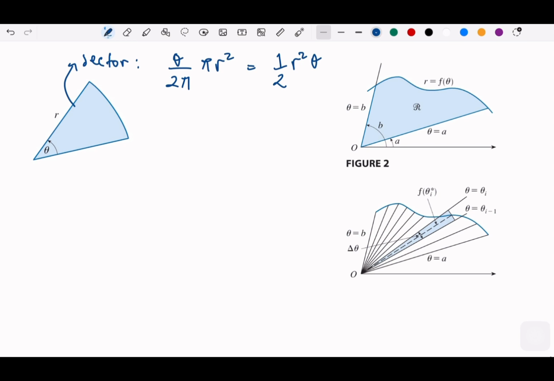Okay. Now from this part, maybe let me write here first. The polar curve is r equals a function of theta, and theta will be between 0 and 2 pi, because that is the maximum polar angle. Okay, so we divide the interval from a to b into subintervals. So we say the delta theta is